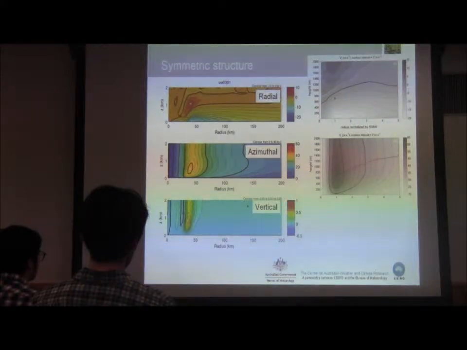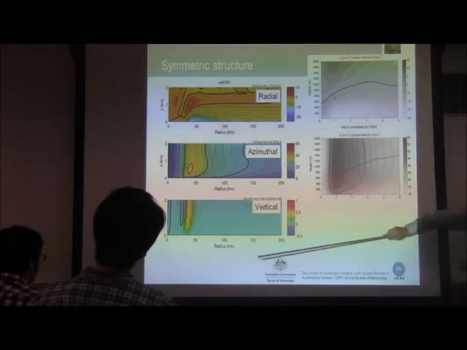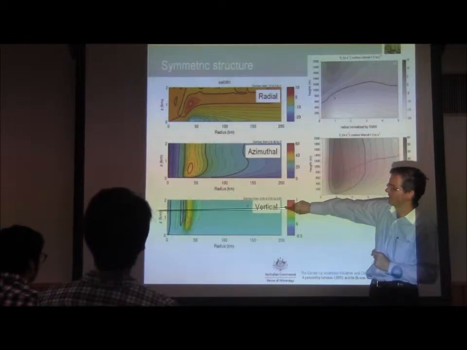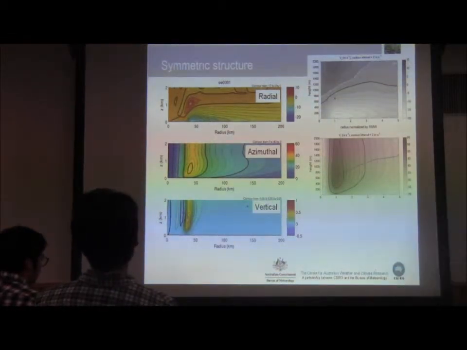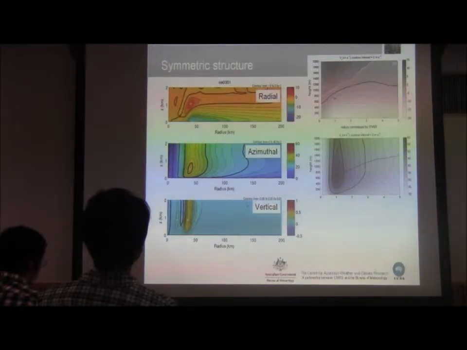0.3 kilometres. So I've done tests where you run the model with different vertical extents, and the top boundary condition is not affecting the results. You know, if I put the top boundary condition down here, then I get essentially the same flow. One more thing I want to say is,